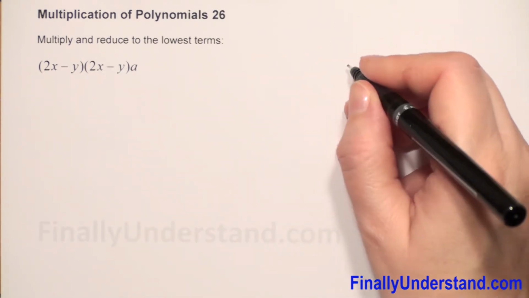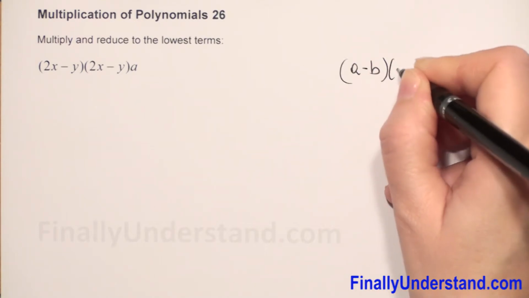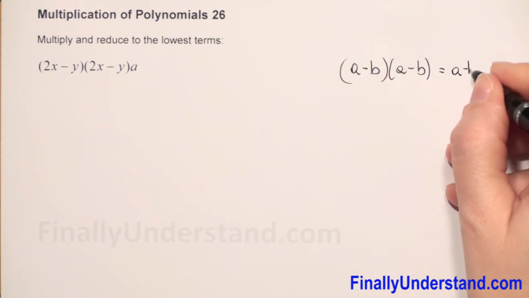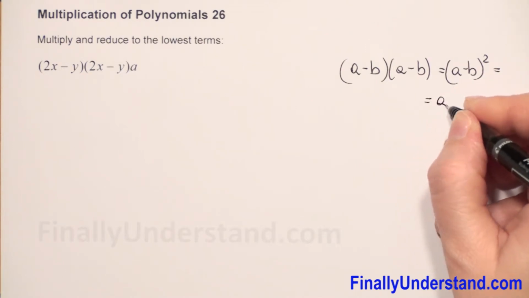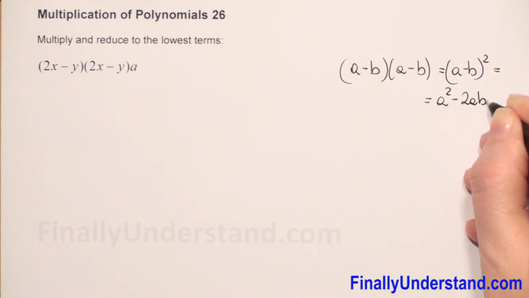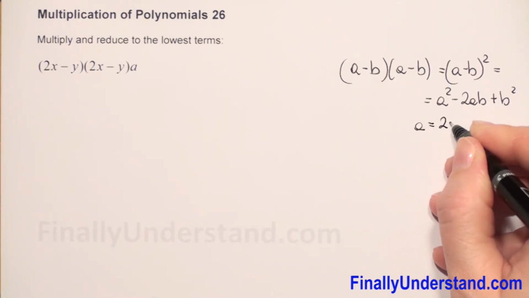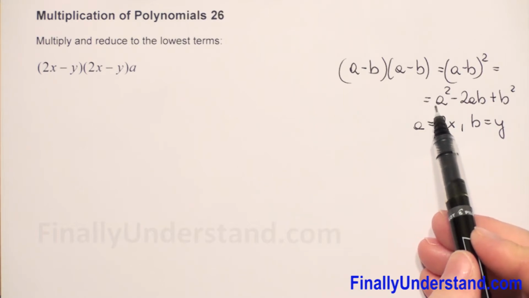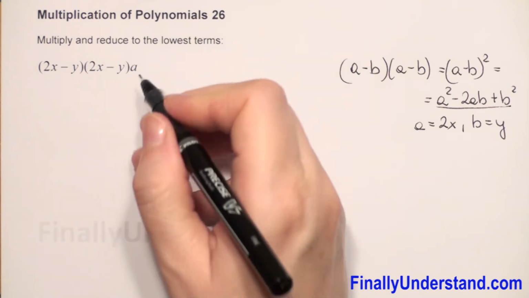Let me remind you, when we have (a - b) times (a - b), this is equal to (a - b) to the second power, and this is equal to a squared minus 2ab plus b squared. In our example, a is equal to 2x and b is equal to y. So if you remember this formula, you can use just this form, or if you do not, you have to do